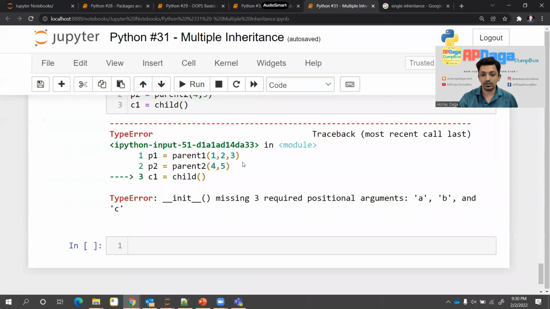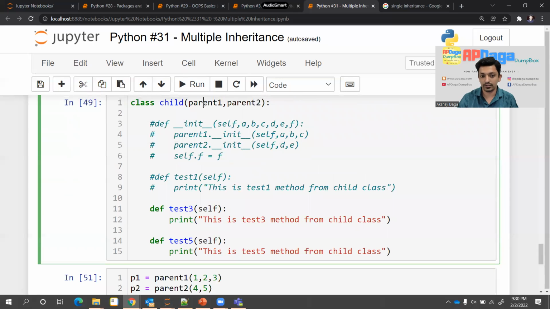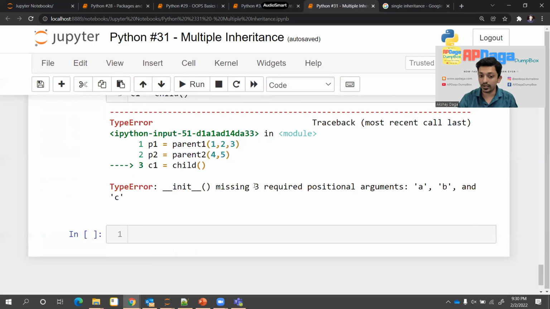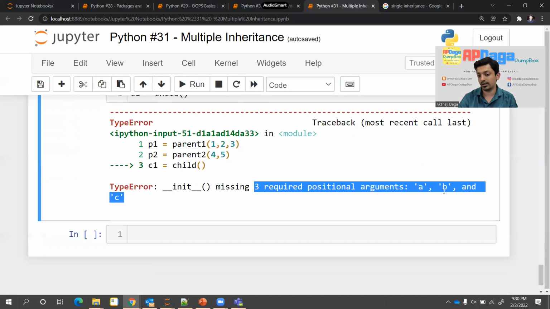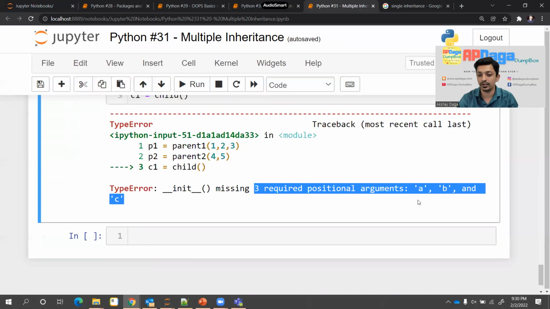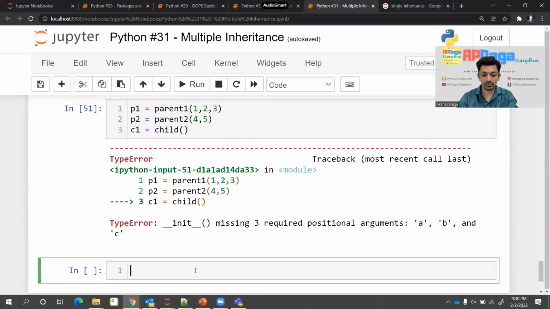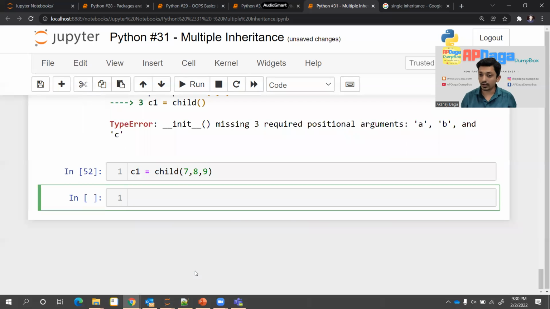Okay, because see, right now we have inherited the child class from parent 1 and parent 2 both, but still it is saying 3 required positional arguments A, B, and C. It is not talking about D and E. So what I'll do, I'll create C1 equal to child, and I'll pass some values like 7, 8, and 9, and it ran correctly